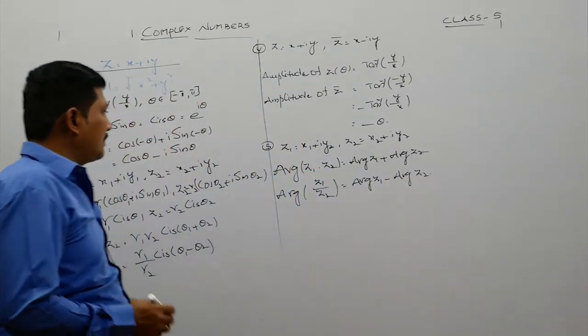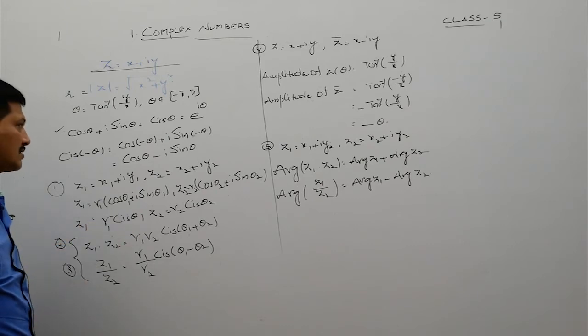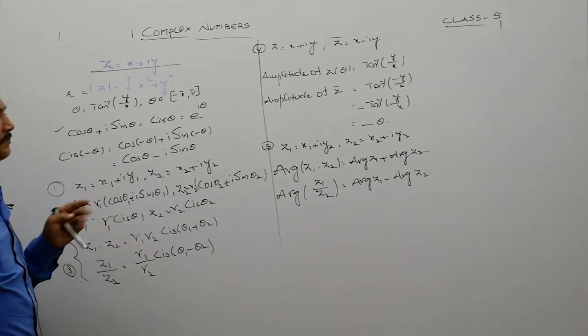So these are the properties, these are actually theorems. You could have the proofs of these theorems, but here proofs are not necessary, but the points are important,